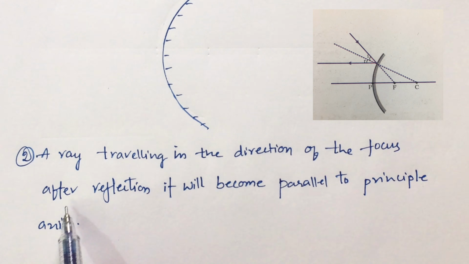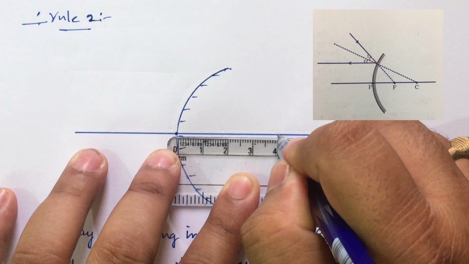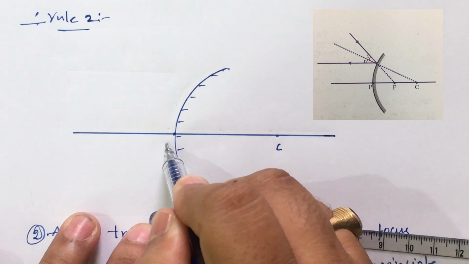This is our principal axis which we are drawing. The midpoint on the mirror is the pole. The center of this sphere is our center of curvature. The midpoint between P and C